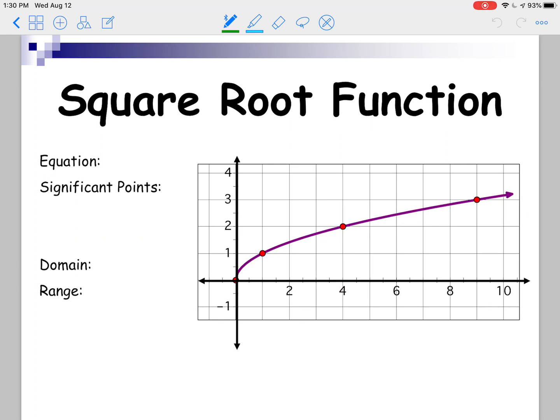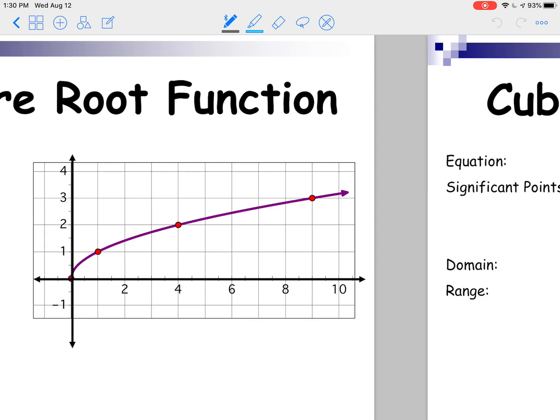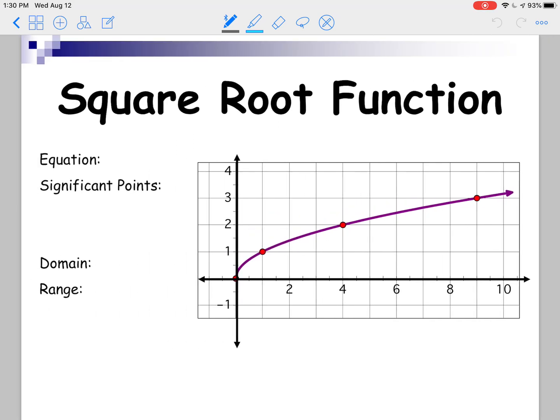Square root will be a little more familiar. We only have 2 more functions left. The equation for square root is square root of x. And so what the square root does is it unsquares things. So when we're picking values to plug in, we want to make sure we pick perfect squares so that we get nice, pretty outputs. So 1 would be a perfect square,